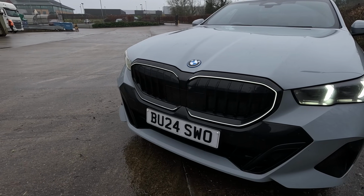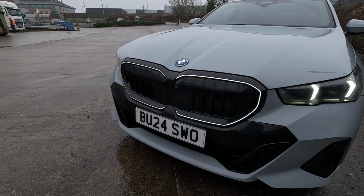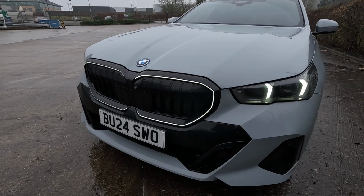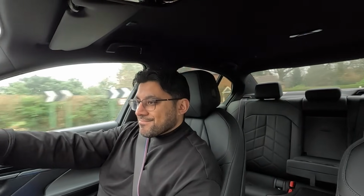That's a bit annoying. You do feel a lot of body lean in this thing as well, especially when you are trying to carry some speed through the bends. I think the whole M Sportness in this car is really diluted because it's not really sporty in any way. It's a nice cruiser,